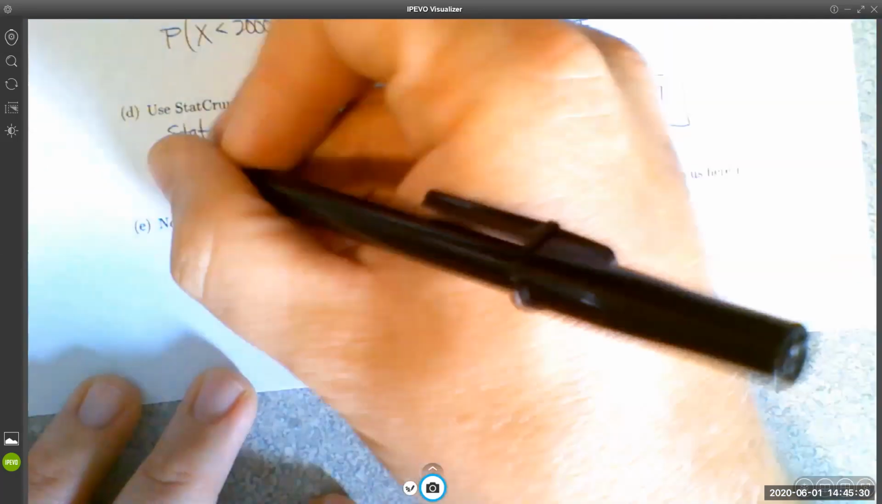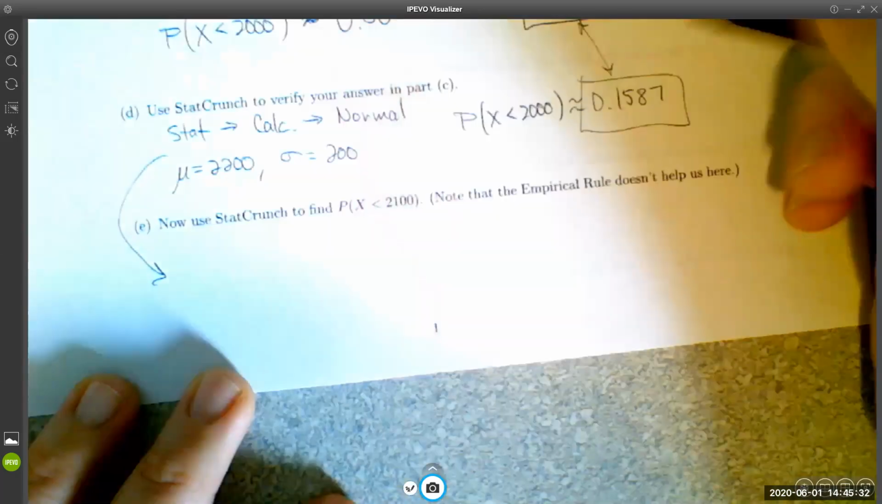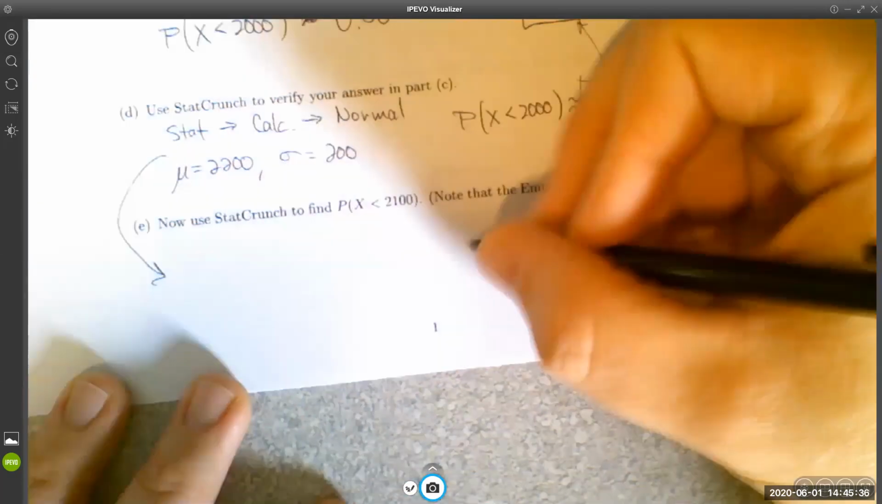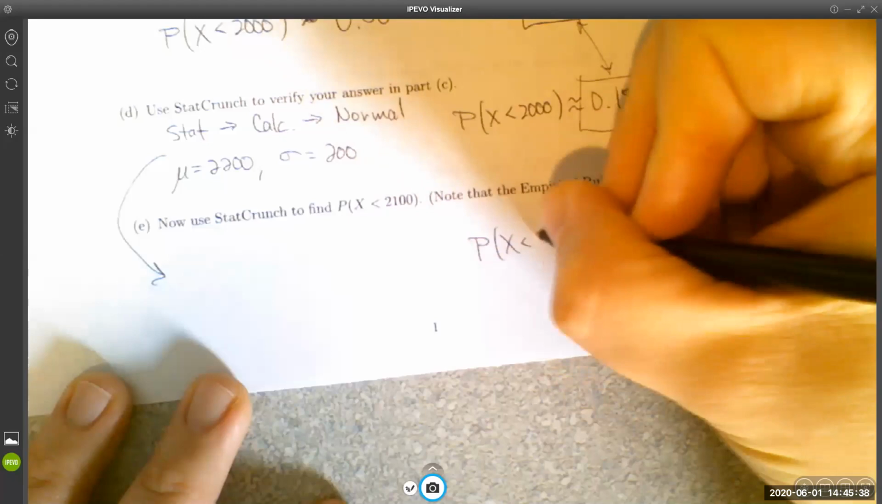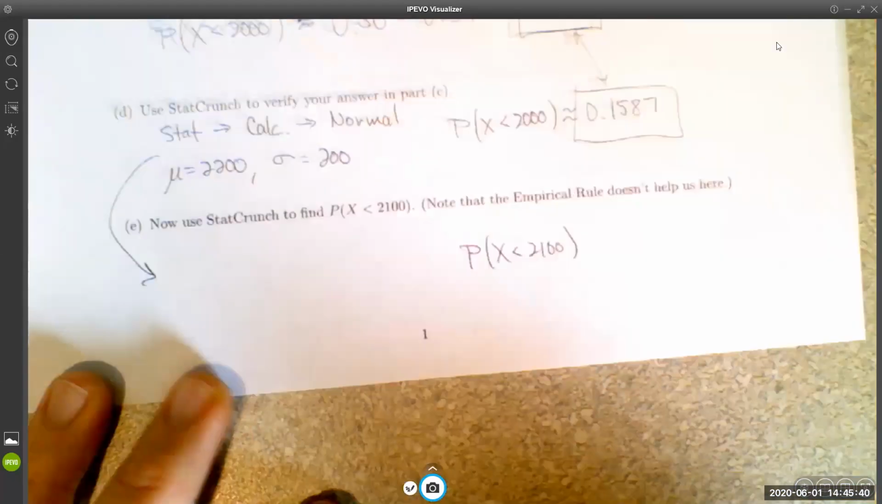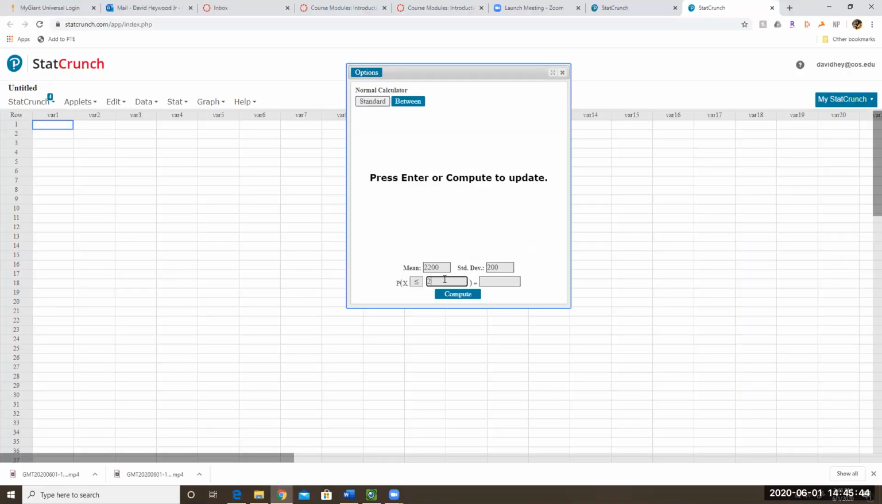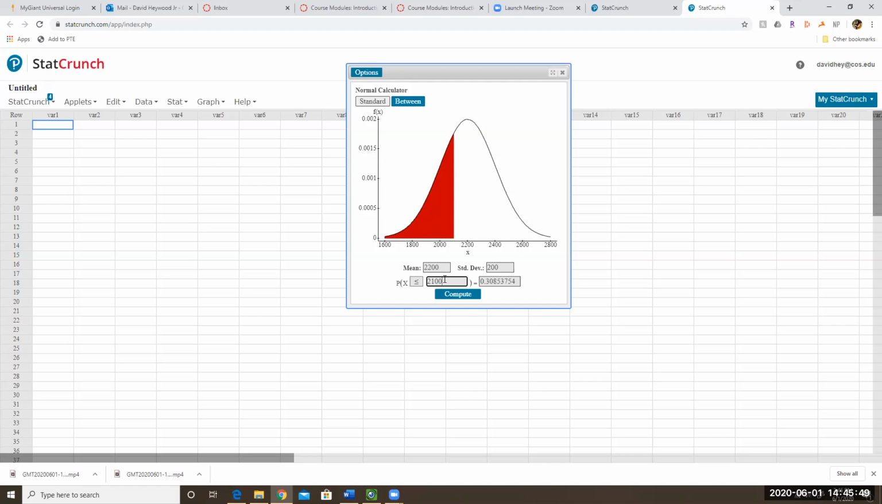So we're going to do the same thing. Go Stat, Calculators, Normal, mean is 2200, standard deviation is 200, and this time we want the probability x is less than 2100. And we get 0.3085,